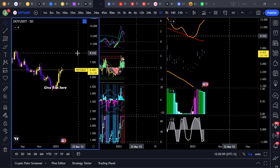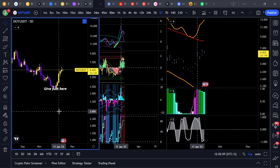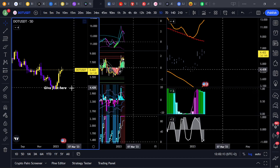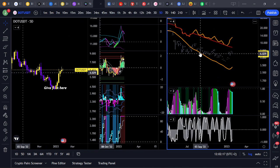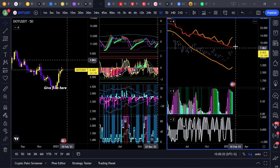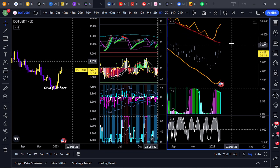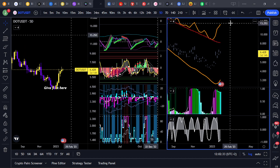Okay, PolkaDot. So I left a little thing over here, and I should have put a notification when it hit the words. Anyway, so PolkaDot breaking a range over here beautifully. Came in, has been holding above this orange line. Failure at this mean when it does get here, I suppose, if it does get there. $80.19 is the mean. It can look for more upside targets once it starts holding above